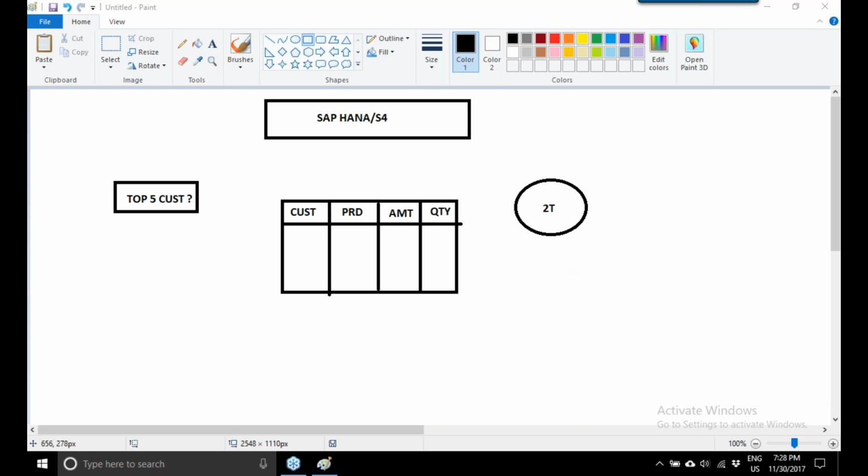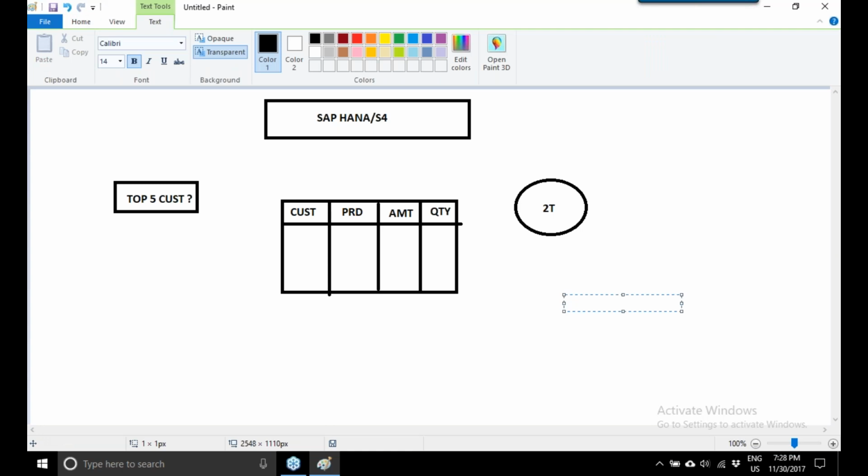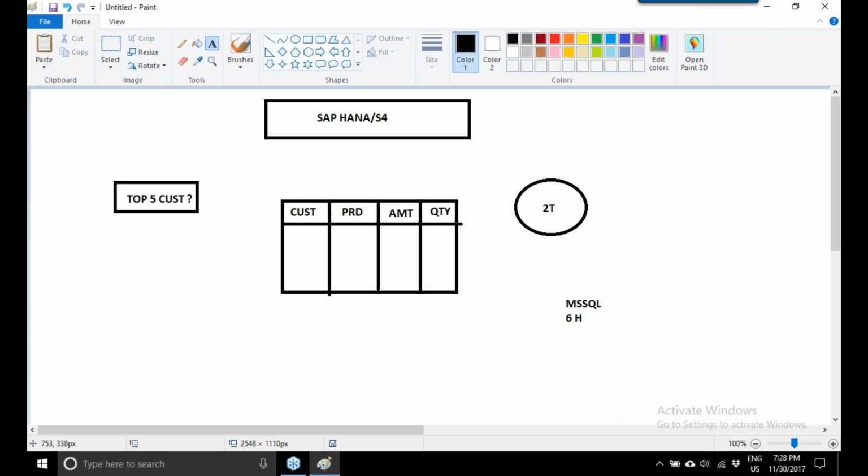Okay. My question is very simple. You have a table with 4 columns, and the volume of data in this table is 2 trillion records. And you're asking a very simple question: who are my top 5 customers? To get this answer on MS SQL, it takes more than 6 hours.